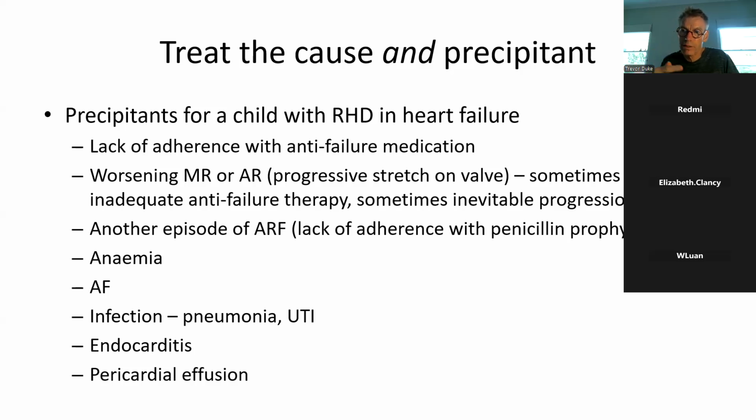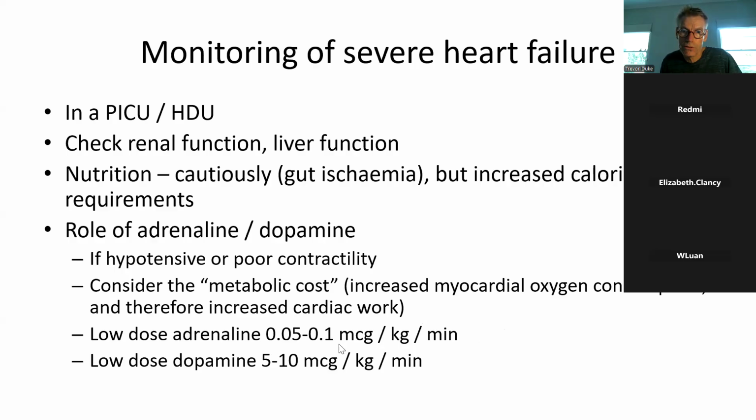They might have had a bacteremia, and then they get valvular lesions, and sometimes they'll have a pericardial effusion. So just think about the precipitant of a child's heart failure. It's especially important for children who've got rheumatic heart disease, but also for children who've got some other form of heart disease. Lastly, I just want to say something about the monitoring of severe heart